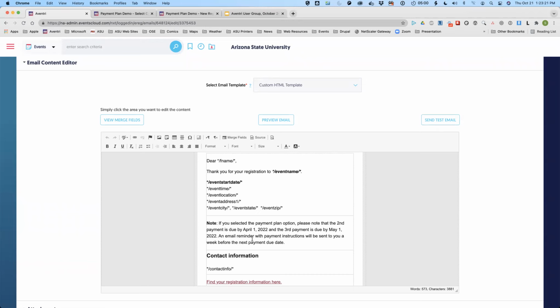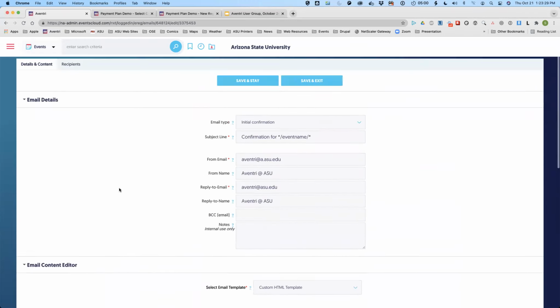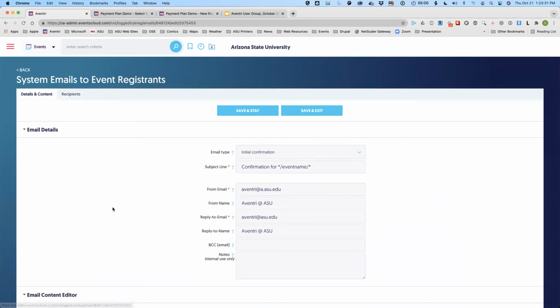If I want to go a different way, could I make an email that goes out to those who pay full versus those who have payment plans? Sure, I could do that. I can do that with clones and designating the recipients based on those subcategories. I just choose to make my life a little easier and only have one confirmation email. Okay.